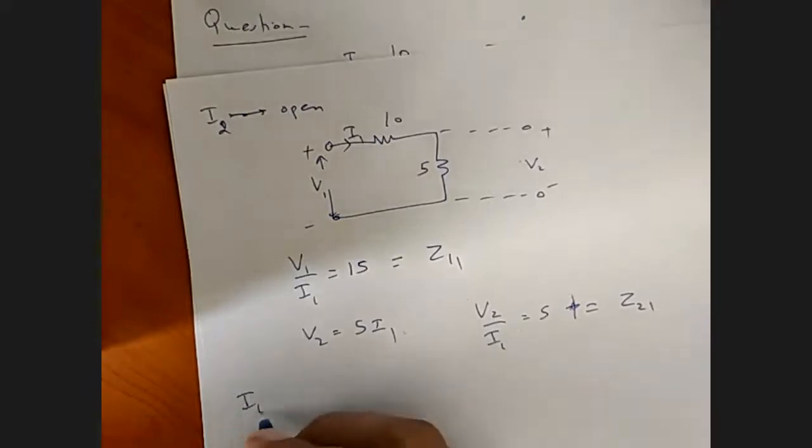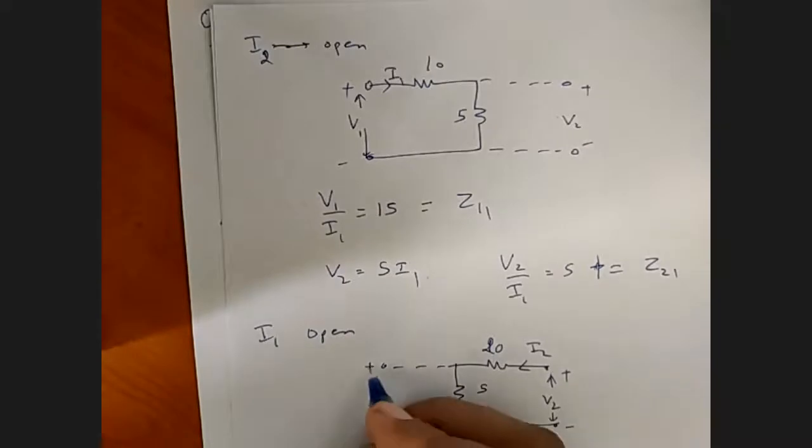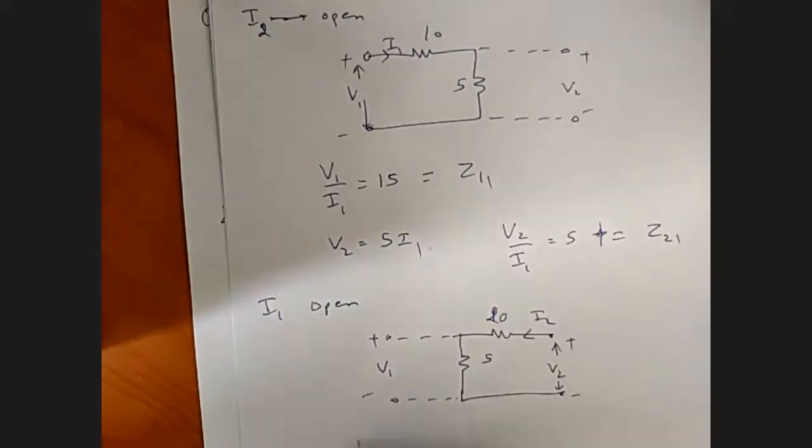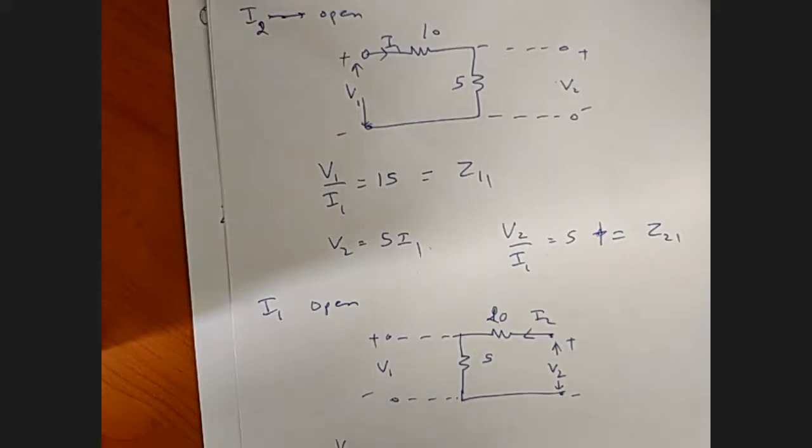Similarly, when I make I1 open, your circuit will become so it will become V2 upon I2 equal to 25. That will become Z22